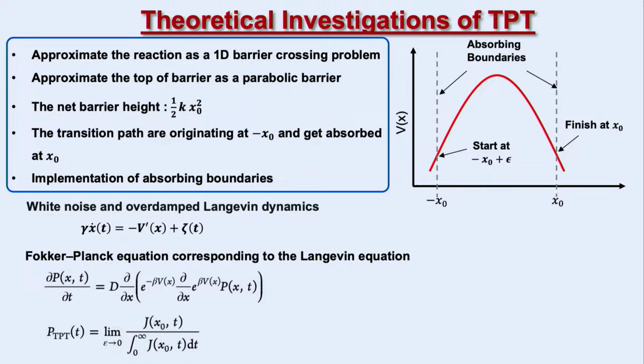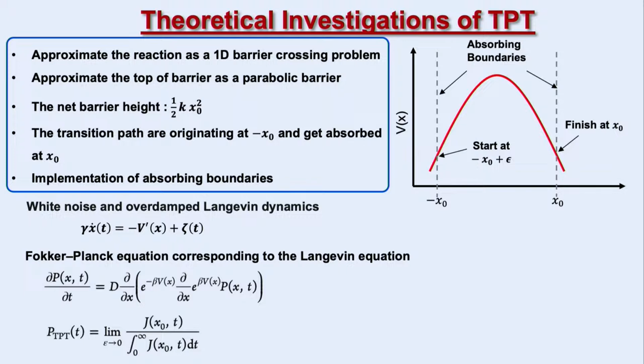Now, the flux at the right boundary will essentially give us the trajectories that contribute to this distribution, and from the flux calculation one can calculate the transit path distribution. This is the basic idea, but this flux calculation requires us to get a solution of the Fokker-Planck equation, which is somehow not a very easy thing to do with absorbing boundaries in the picture.